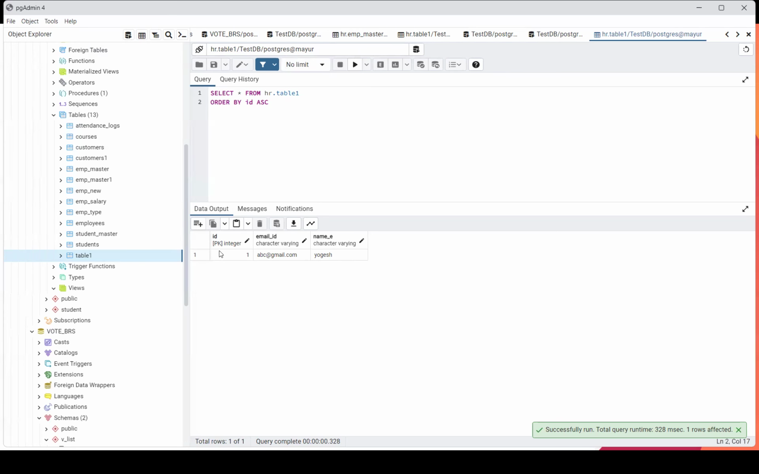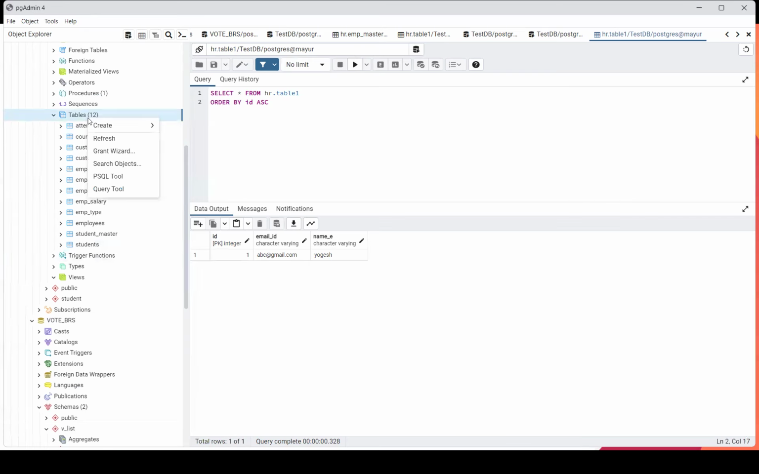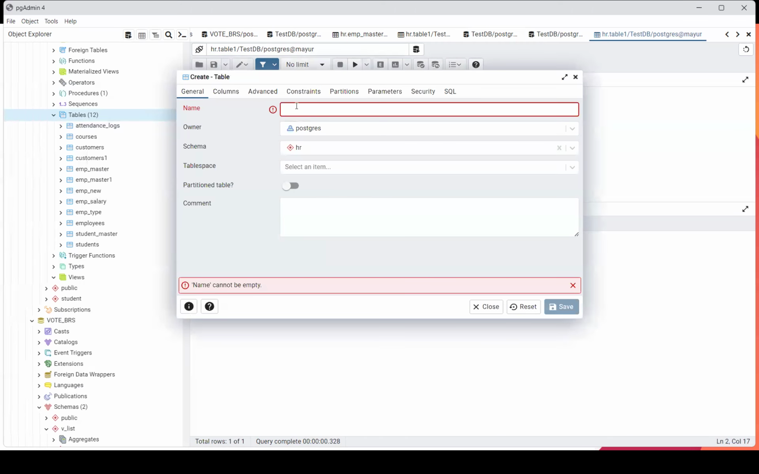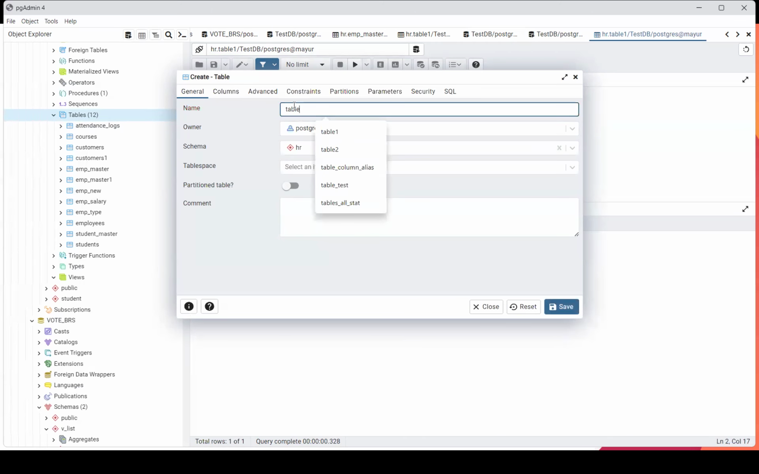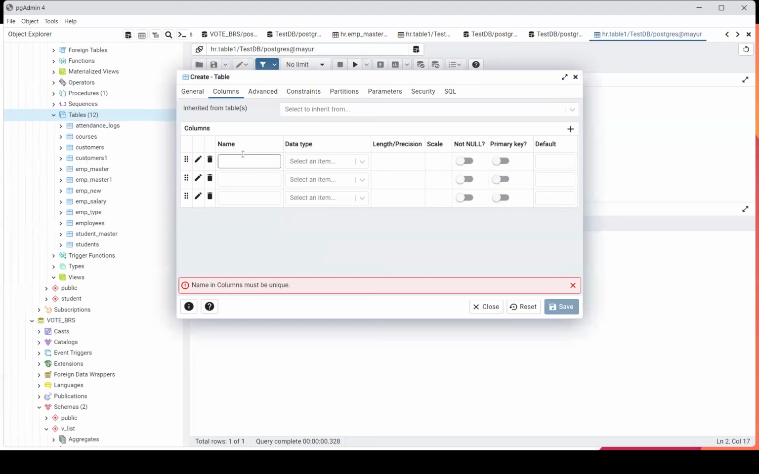Serial, correct? When we created this table, the ID column type was serial. If you don't remember, no problem. We'll delete this one and I will create the table again. The table name is table 1. I will create three columns. The first column is ID, and I have taken the data type serial,